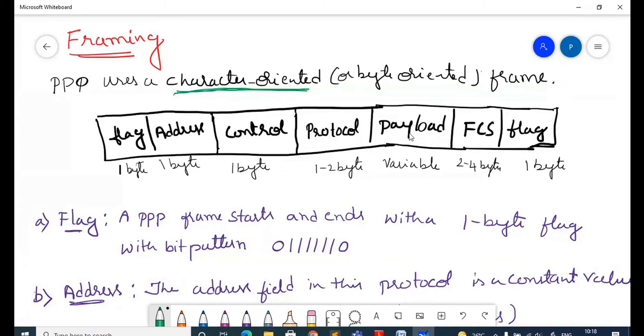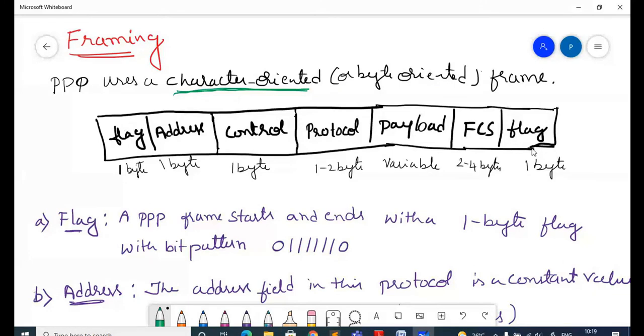Are you getting this? This is a variable length payload structure. The framing is formed using variable length. Here you can observe the frame always starts with a flag and ends with a flag. This much you should be very clear about. One flag indicates the beginning of the frame and the other indicates the end of the frame.